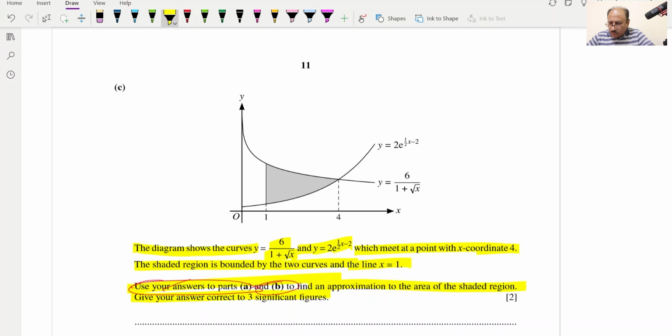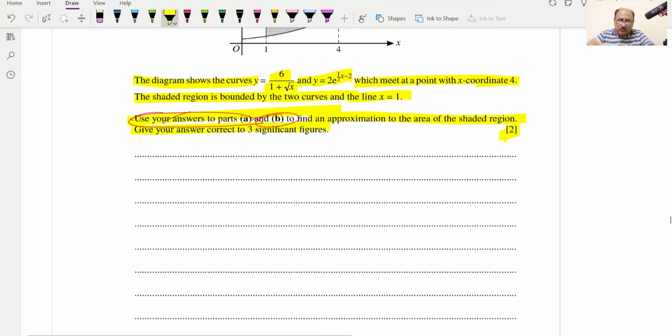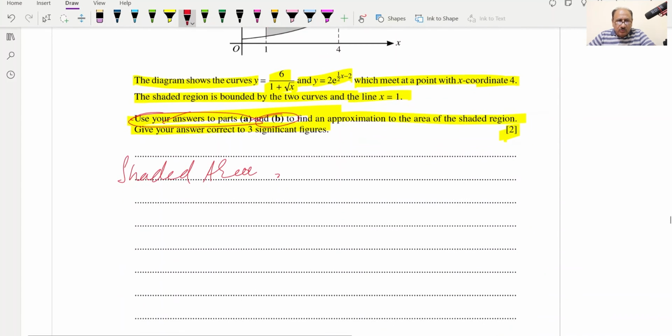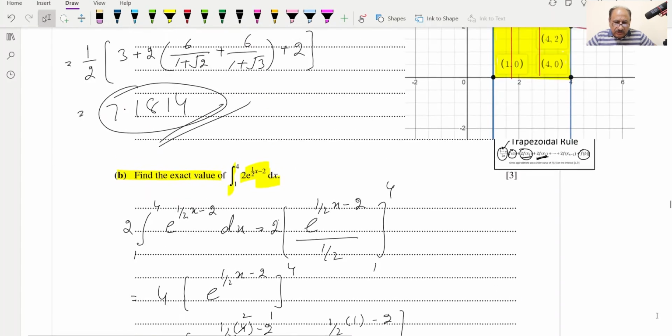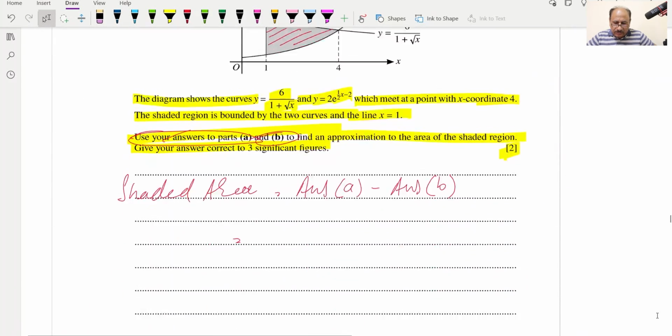Give your answer correct to three significant figures, and this is a 2 marks part, and we just have to subtract the two, like the shaded area. We can write shaded area is equal to what? The shaded area is this shaded area which they have shown us, and this will be equal to the answer for part A minus the answer for part B. The answer for part A is over here, which is 7.1814, so we can write